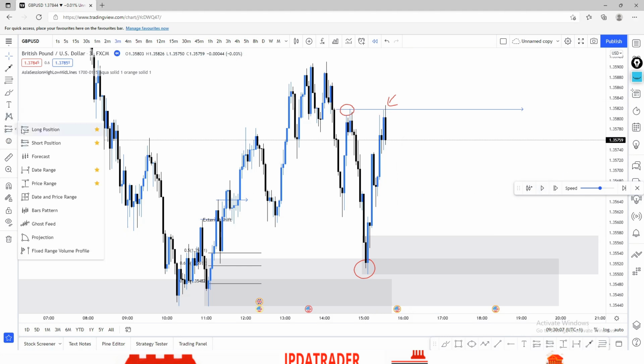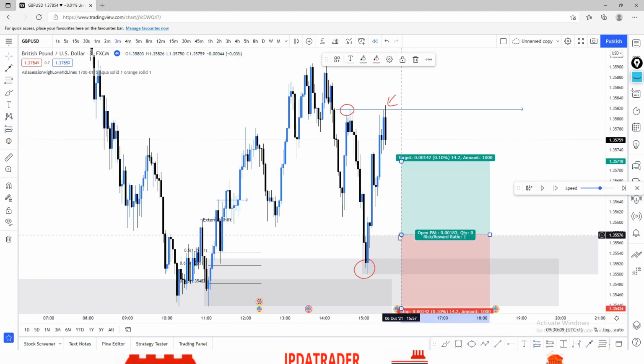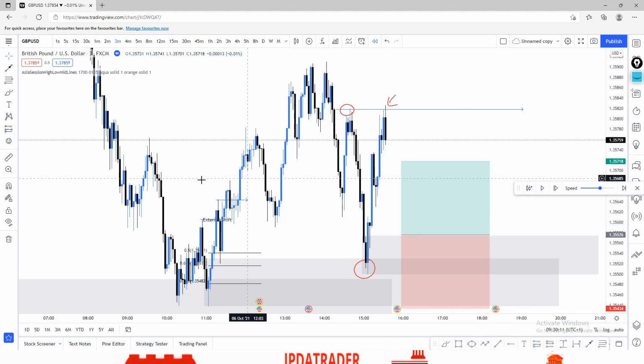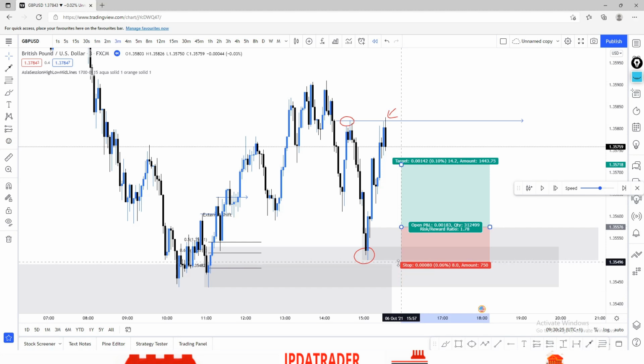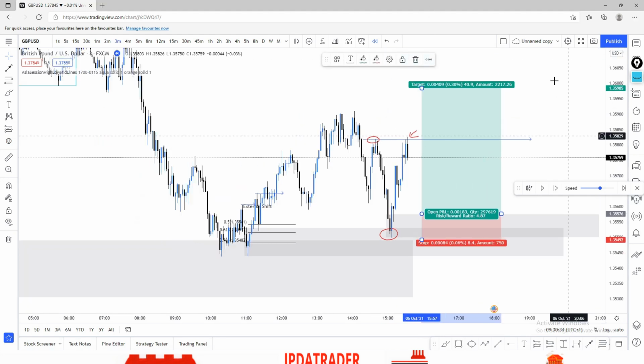But at this point, it would be absolutely valid that, hey, my buy idea from this area over here is once again valid, because even though we traded higher, we actually came back down, mitigated the block, and provided a single break, and that is enough in this case, right? Whether you want to put your stop loss below this area or below this area is completely up to you at this point, but we're going to be keeping it over here, and once again we're targeting way higher